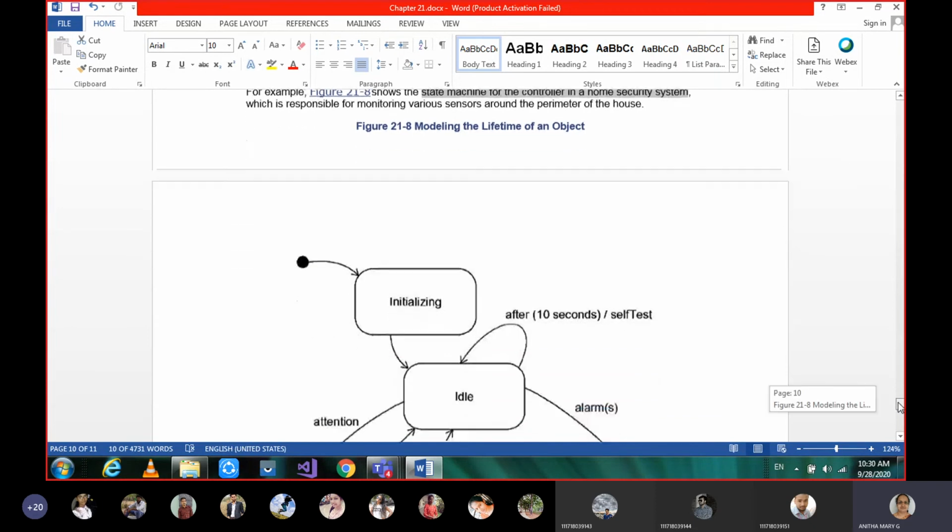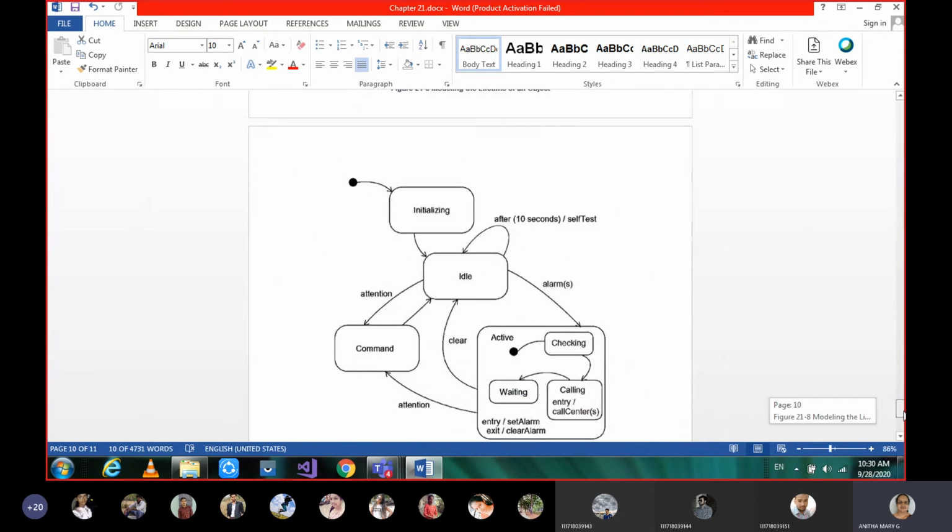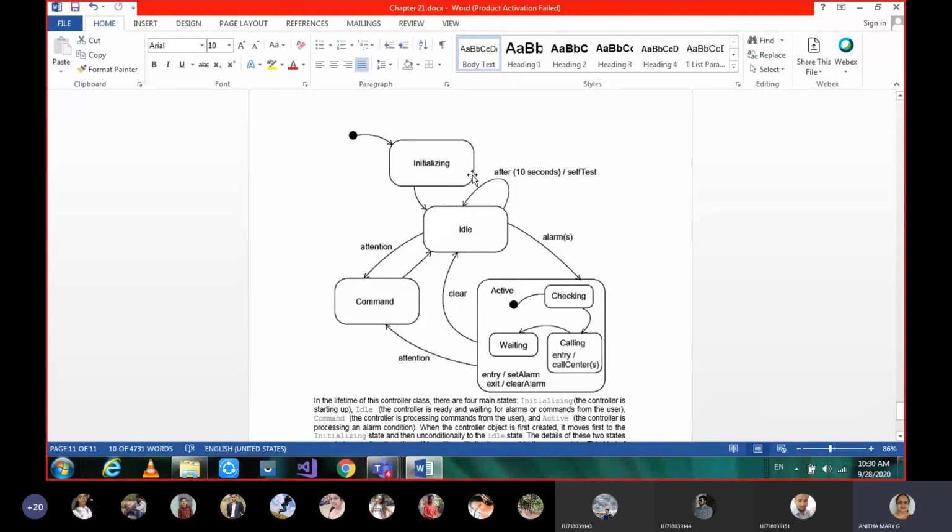See, just 2 minutes now, I'll just finish this one. Okay, so the home security system, maybe the alarm. Initially there is a starting point, it has to be initialized, so it should be in a working condition.